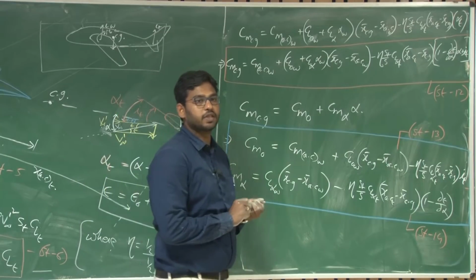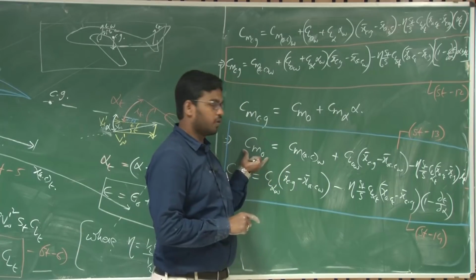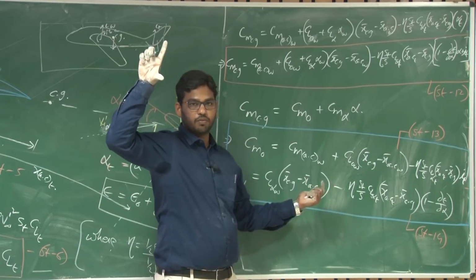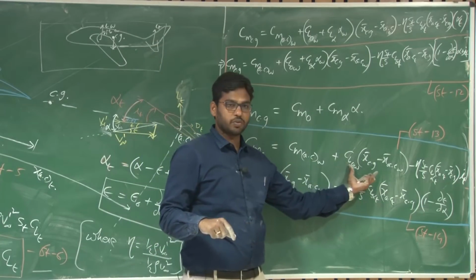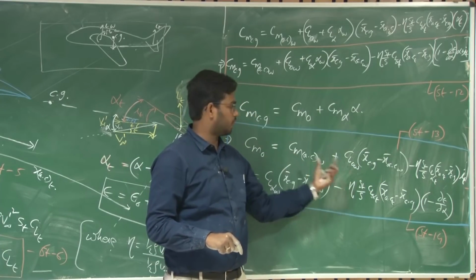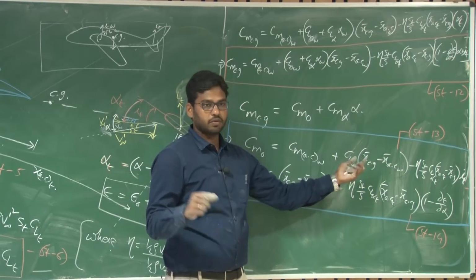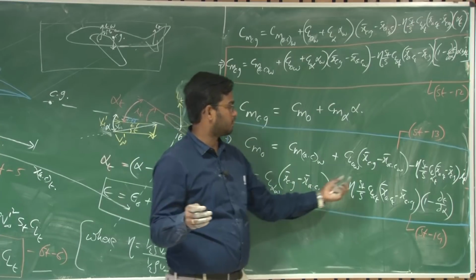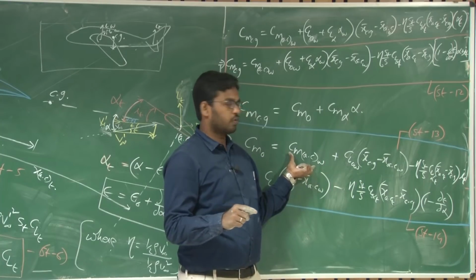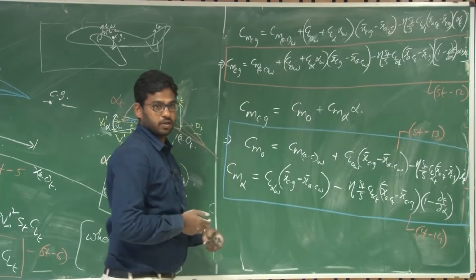If i of t is 0, let us say, you should have this Cm naught from the wing alone, the required Cm naught. That y intercept in the Cm versus alpha curve needs to be produced as a positive y intercept only from these two terms. This is negative, right, for a cambered aerofoil. You need to locate the CG of the aircraft or the UAV in such a way that this particular term is positive enough, big enough to overcome this negative quantity, if i of t is 0, at 0 tail setting angle.